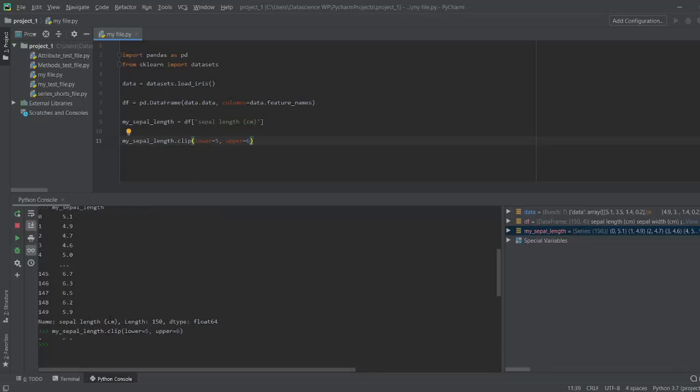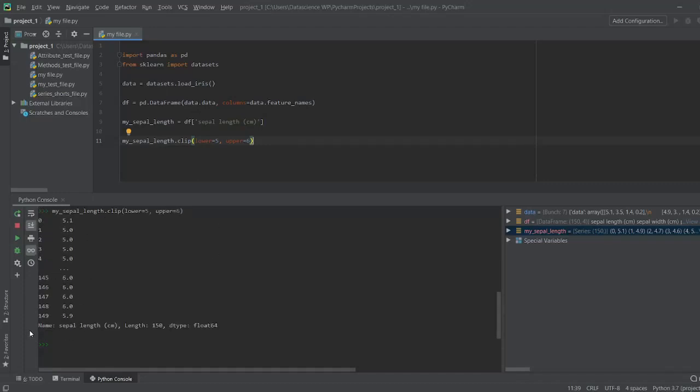Initially we had 4.9, 4.7, and all of those values have been given the value of 5. At the end, the data points 6.7, 6.5, any value which is greater than 6 has been rounded off to the value of 6.